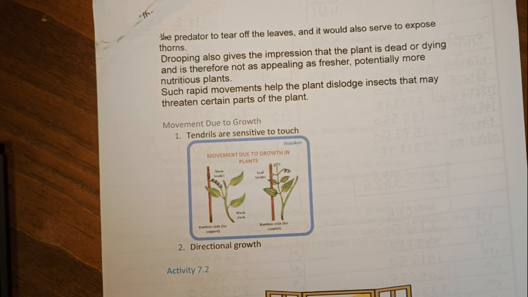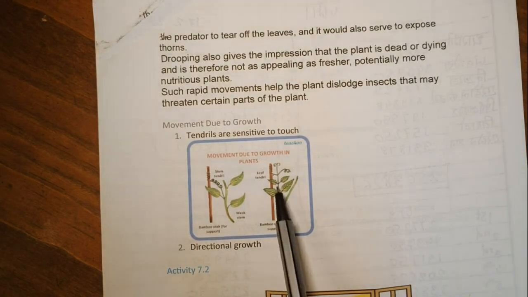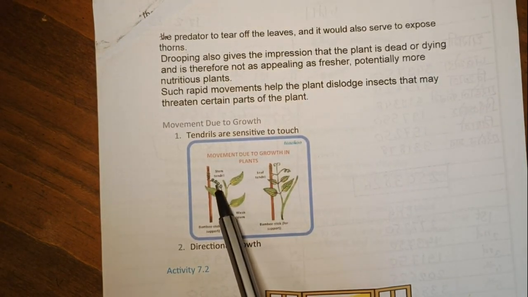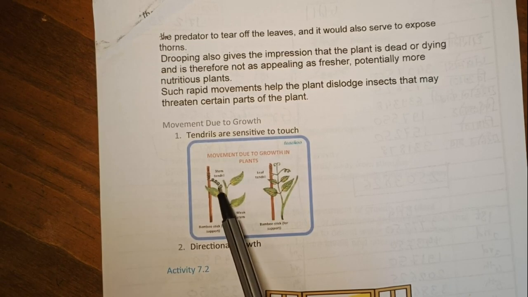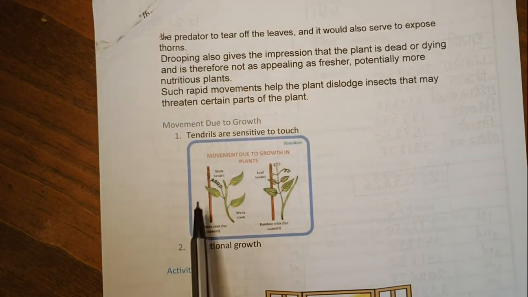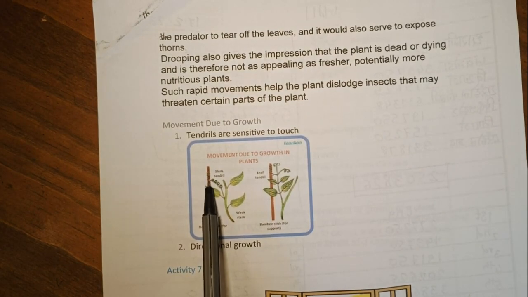So you might have seen a pea plant climbing up other plants or fences by means of its tendrils. So you might remember this little spiral threads, fibers sent from the stem of the climber plant, are called tendrils. Okay, so these tendrils are sensitive to touch. So when they contact any object